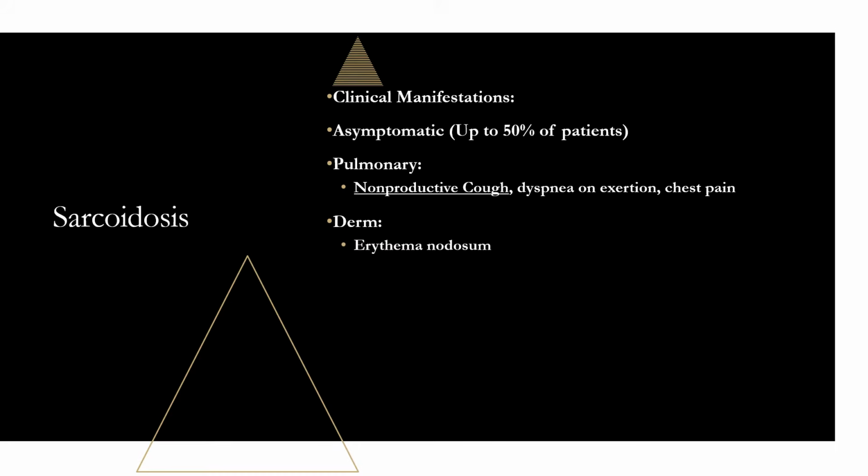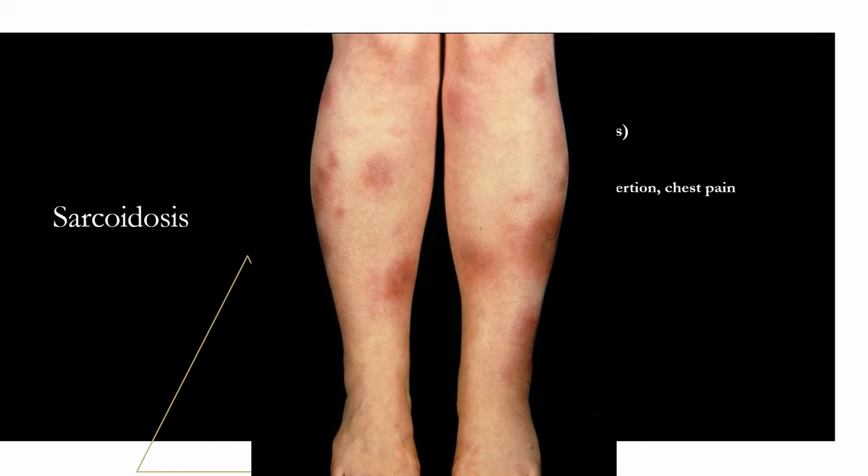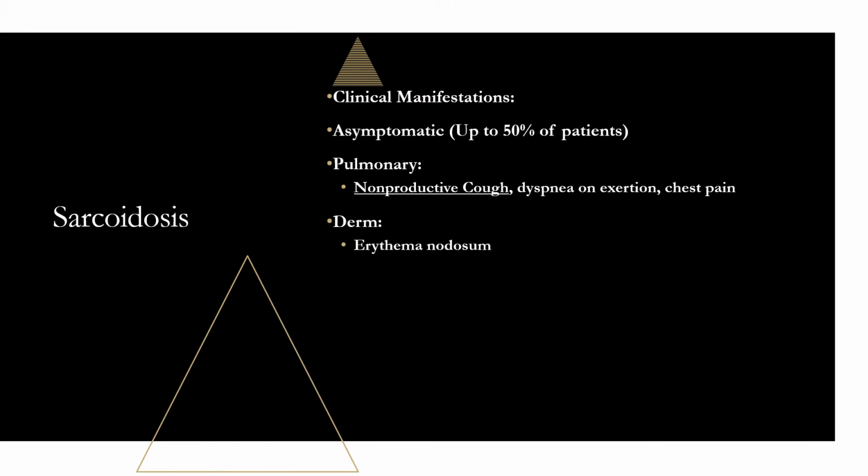So first one, erythema nodosum. Now, I'm sure we've all heard erythema nodosum. It's not specific to sarcoidosis. It's those painful nodules that are common on the anterior surface of the lower extremities. And like I said, it's non-specific because you can find it in strep infection, it can be caused from medications, ulcerative colitis. But the key to erythema nodosum regarding sarcoidosis is if you see it combined with migratory polyarthralgias and